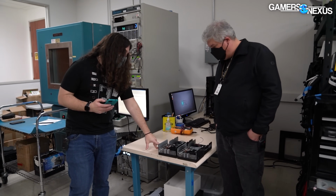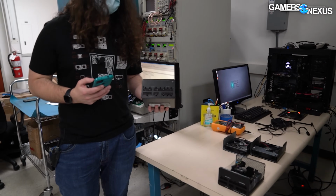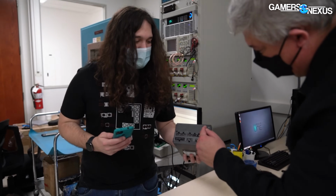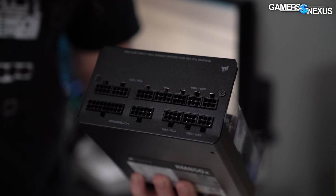I want to start with this because I think it's the most interesting. So, modular cables, right? We've already covered this to death: don't mix and match modular cables. I think most people watching the channel know that. We've even had to print on here, designed for use with genuine Corsair Type 4 cables only. Right. And the reason for that is because if you take, even between the same brand...